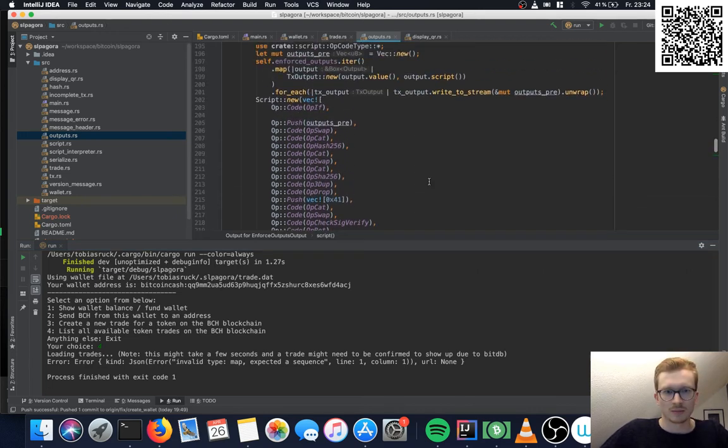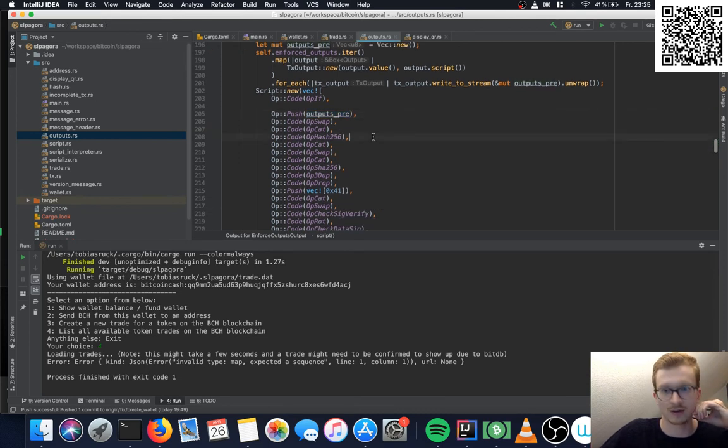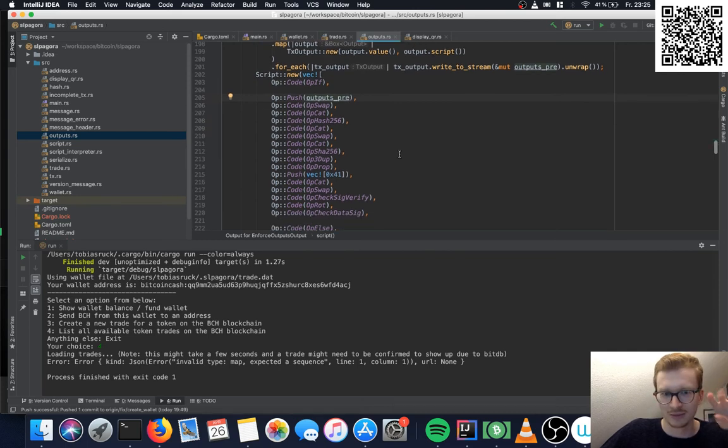So in an ordinary pay-to-public-key-hash output, the only variable we have is the address, the public key hash.